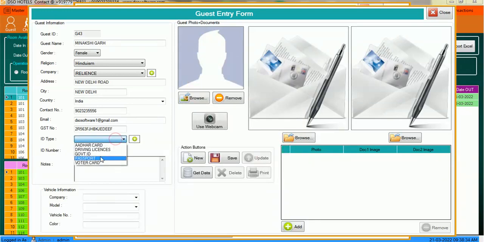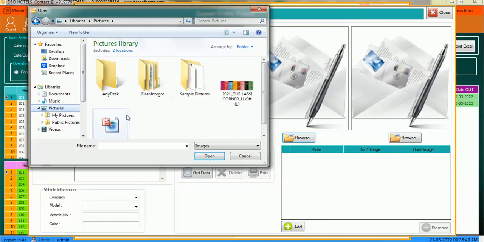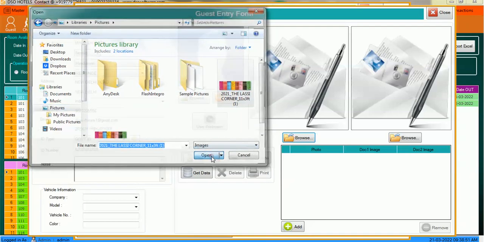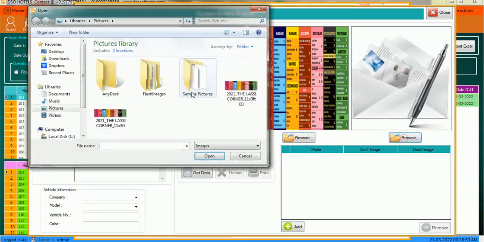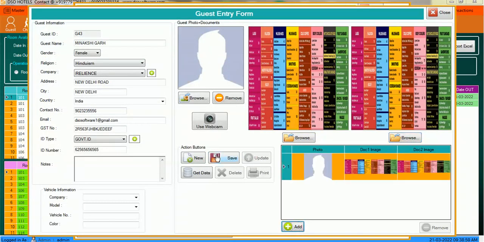Just select it here. For example, you take a government ID, put it here, then the number. You can also take a picture of the guest directly from the webcam, or if you have taken a government ID from the guest, you just select it here, scan it from your scanner and put it here. Just click on add and then save.